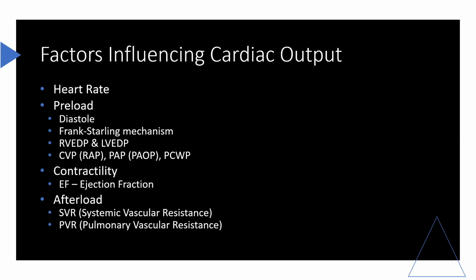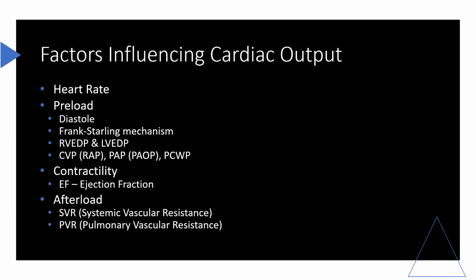Because both of these intracardiac pressures are difficult to measure in the critical care setting, clinicians rely on measurements of the right atrial or central venous pressure and pulmonary artery occlusion pressure, also known as PAOP, or in some instances, the pulmonary capillary wedge pressure, or PCWP, which for practical purposes is equivalent, to estimate the right ventricular end diastolic pressure, or RVEDP, and the left ventricular end diastolic pressure, or